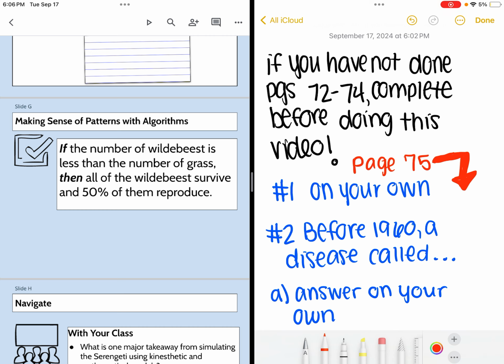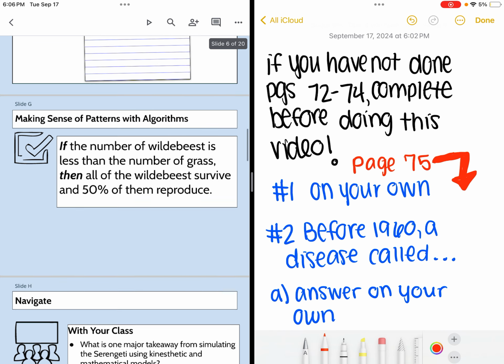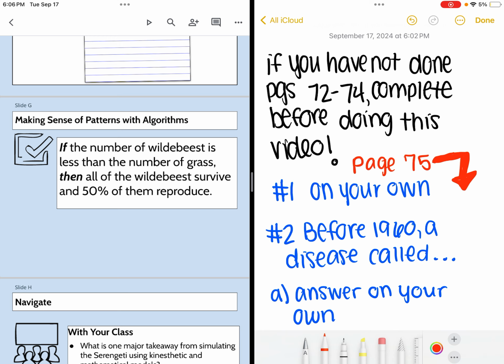Okay, so at the end of page 74, you worked on algorithms. In our example, there was an algorithm saying that if the number of wildebeest is less than the number of grass, then all of the wildebeest survive and 50% of them reproduce. Remember, the algorithm is just a rule or a set of instructions or a pattern that we can say about some data. So you made up your own algorithms. We're going to be looking at those algorithms and testing them